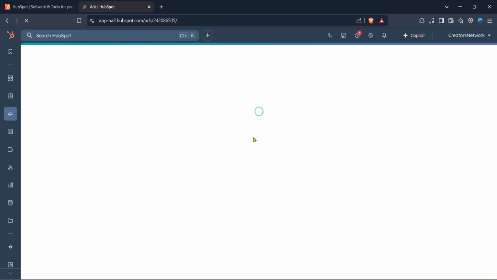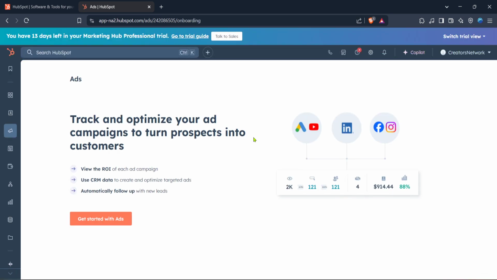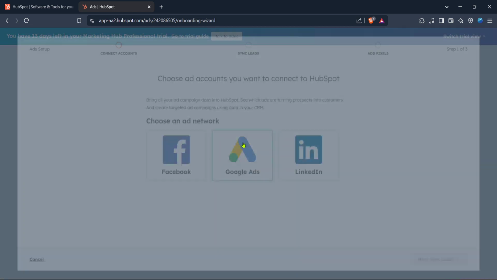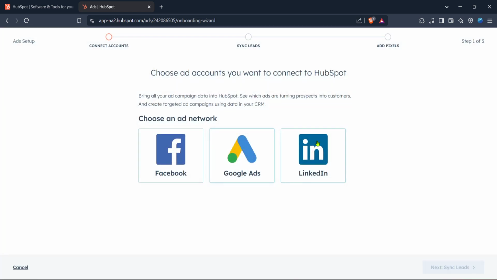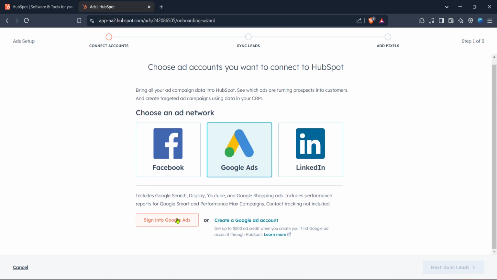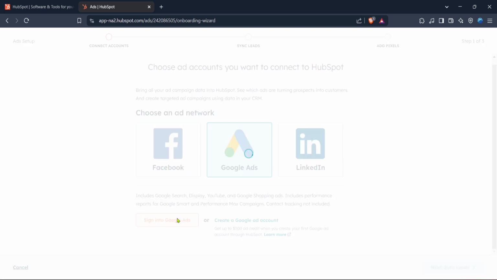Once you're in the Ads section, you should see an option that says Get Started with Ads. Clicking on this option will initiate the setup process for your ad campaigns. This is where HubSpot really starts to shine, as it guides you through a user-friendly onboarding process. You'll appreciate the simplicity and clarity of the instructions provided, which help in setting up your ads efficiently without a